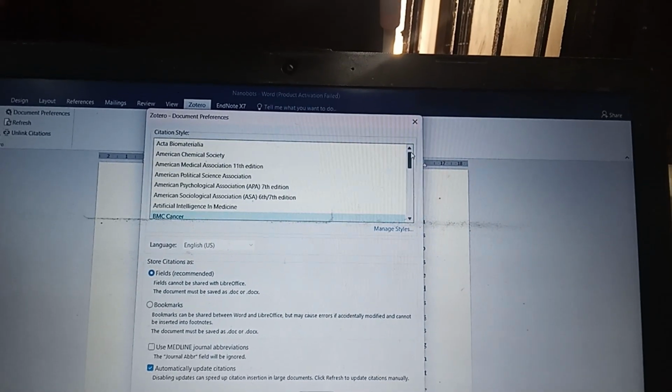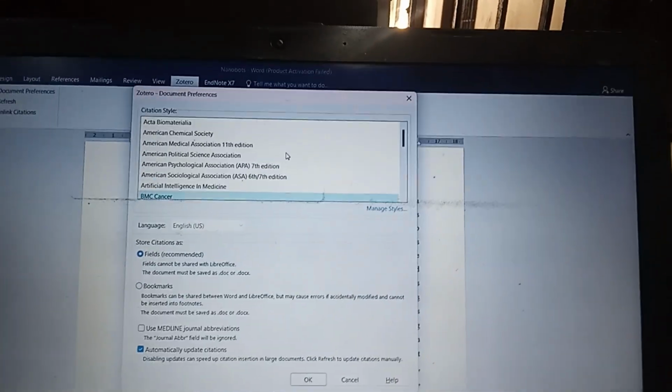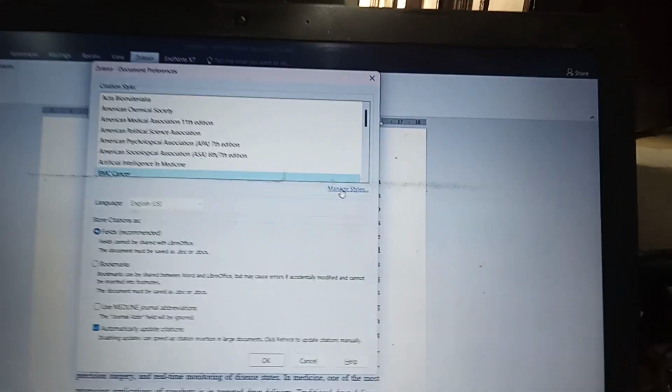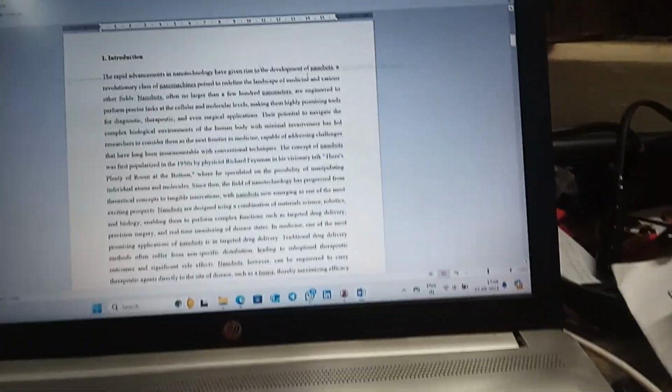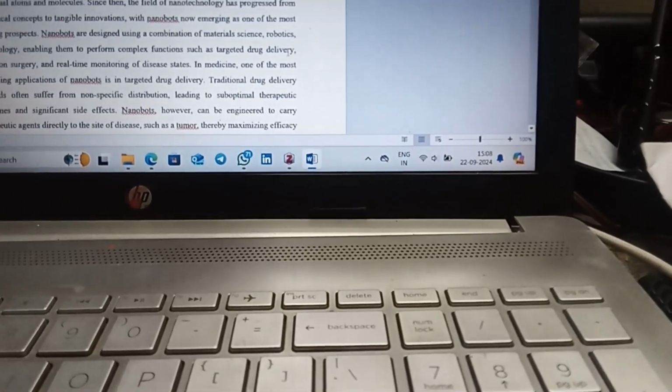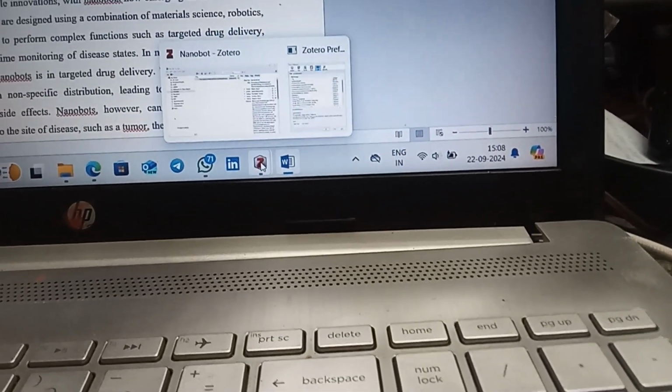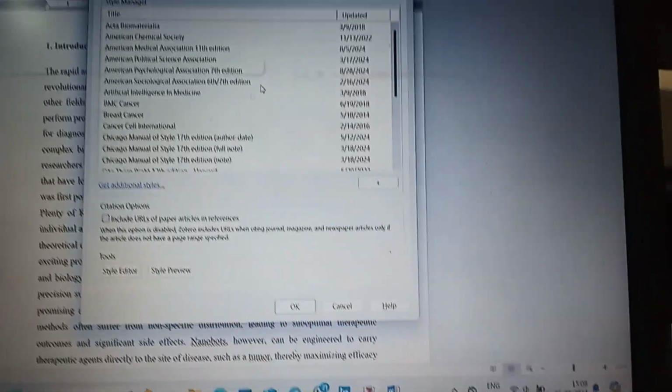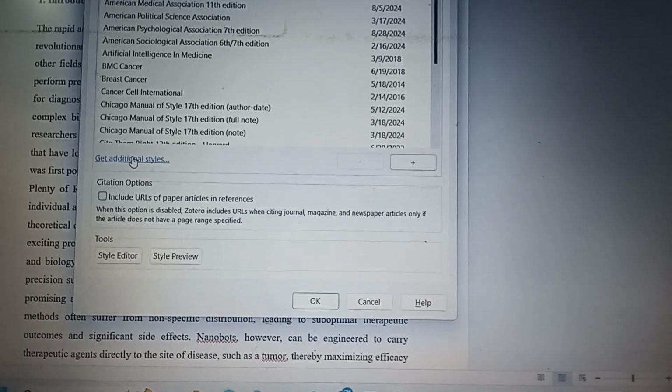Suppose you have been asked for a journal which is not showing in this list, how are you going to get the citation style for that particular journal? For that we will come to this button, manage style, click on it, then a new dialog box will open. For that you again go to Zotero, then you will find that. So this type of dialog box will open. Again in that you go to the get additional styles button, click on it, then another dialog box